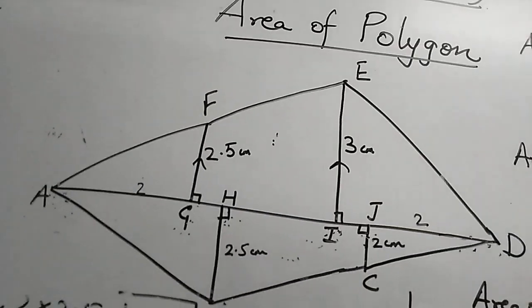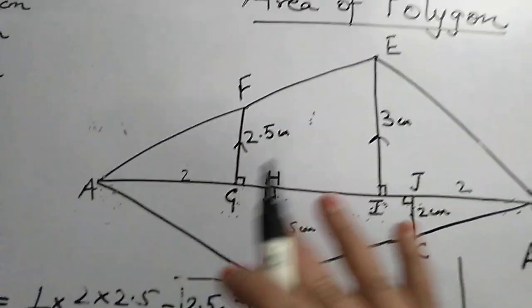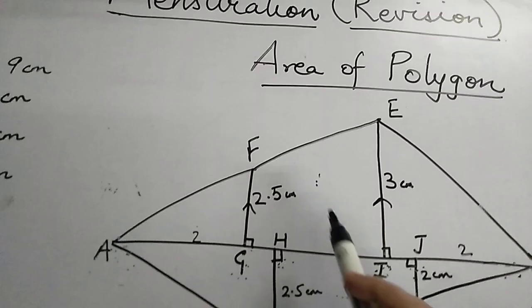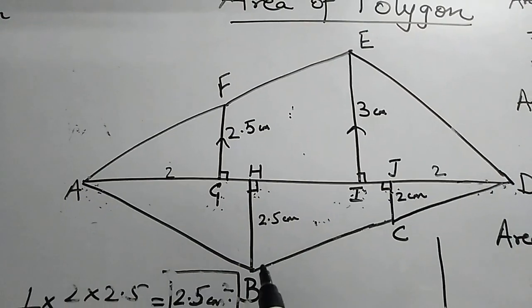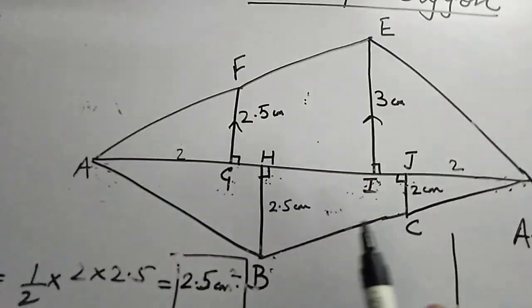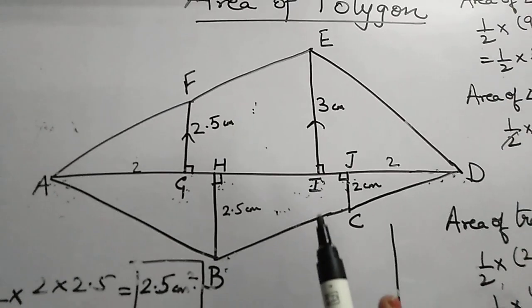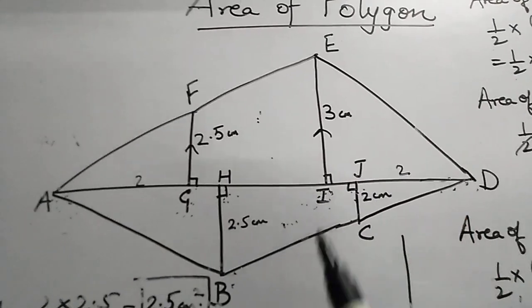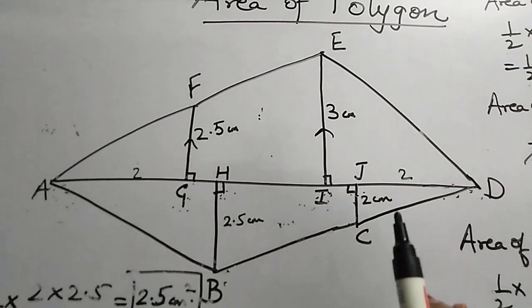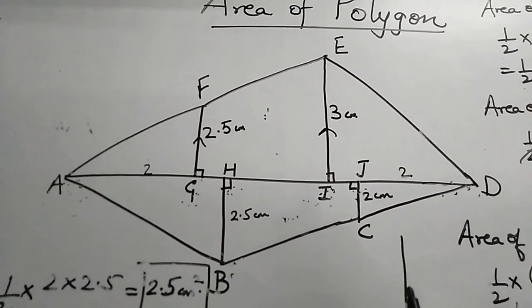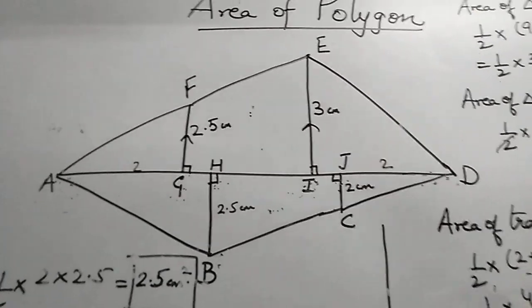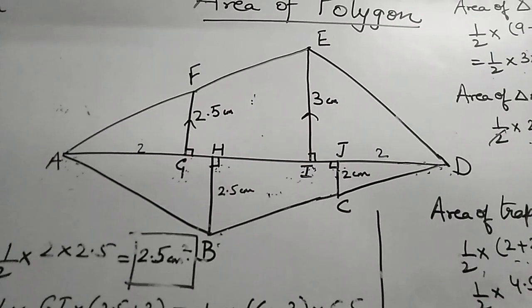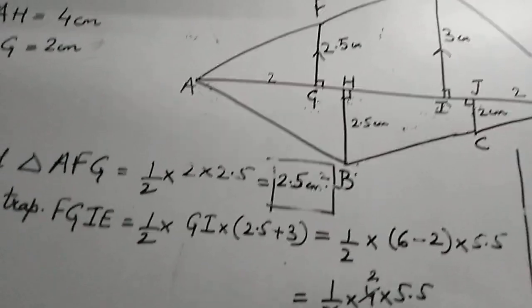This is how we will find the area of polygons. We will break the polygon into triangles and quadrilaterals, whichever quadrilaterals are possible. Here we have divided it into two trapeziums and the rest are triangles. And we'll find the base and the height and whatever dimensions are required to find the area of the triangle. So basic is, you should know how to find the area of a triangle. You should know the formula for area of a trapezium. You should know the formula for area of all the basic figures, rectangles, squares, whatever can be formed. Yes, this is how we do it for polygons.